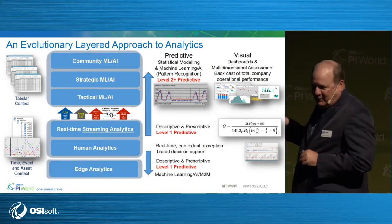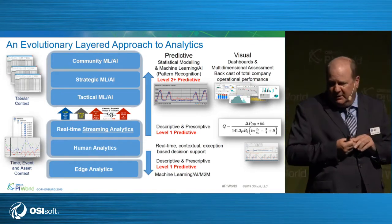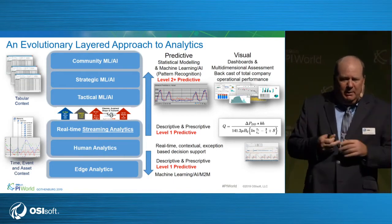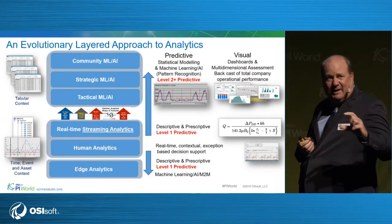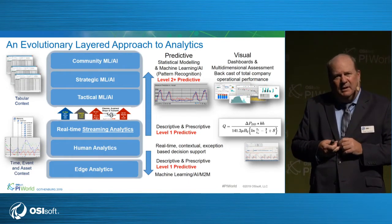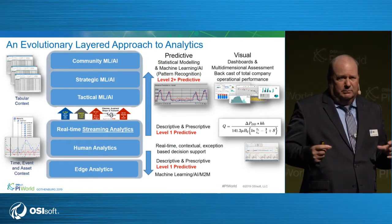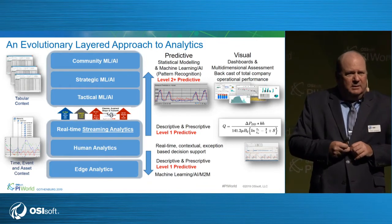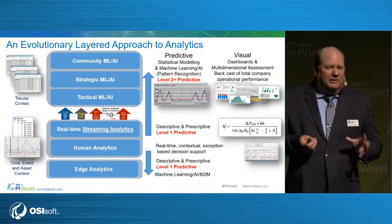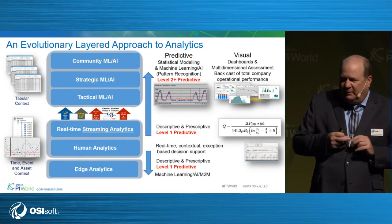Also, we see analytics going downward, down to the edge. We're actually part of that if you've looked at our fog lamp and such that we're working with our partners on. I think eventually you're going to buy some kind of big pump or a valve or something like that, and it's going to have maybe analytics, data storage, and everything on it. Kind of like your car has a lot of analytics within it. You still want to pull that up into an infrastructure to aggregate the total performance of a system or a unit or a plant. So this is still evolving, of course. We're helping evolve that. But you really want to try to find what's the best place to put which type of analytics. I wouldn't put all my bets on one kind of